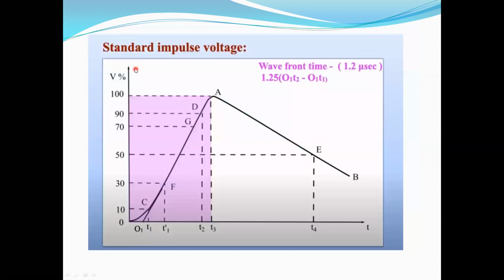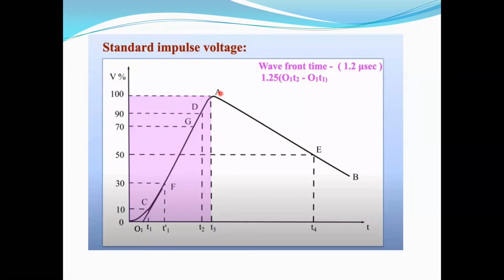Okay, so this is called a standard impulse voltage waveform. The standard impulse voltage lasts a very short time. Within that very short time, the high voltage appears across the test object. By using standard impulse voltage, we test circuit breakers and insulators, to see whether they can withstand that much voltage or not.